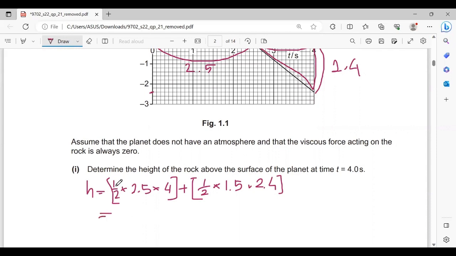It's going to be 5 for the first one. Oh, sorry, this is supposed to be minus, not plus,